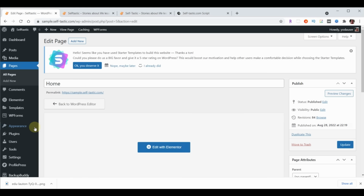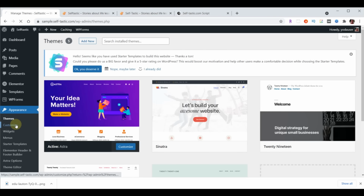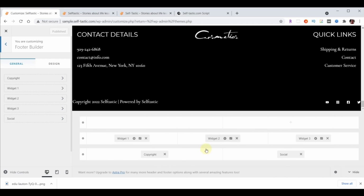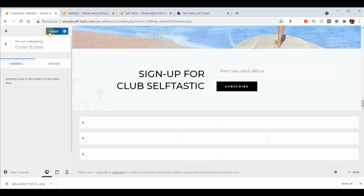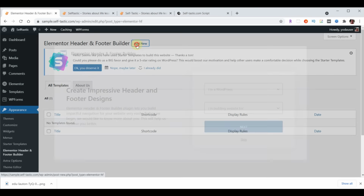So the first thing we're going to do is click on Appearance, Customize, Footer Builder, and then we're going to delete all the fields that are here. Now we'll hit Publish, and we can exit out of that. Now we're back at our dashboard. Now under Appearance, we're going to go to Elementor Header and Footer Builder. We're going to choose Add New,